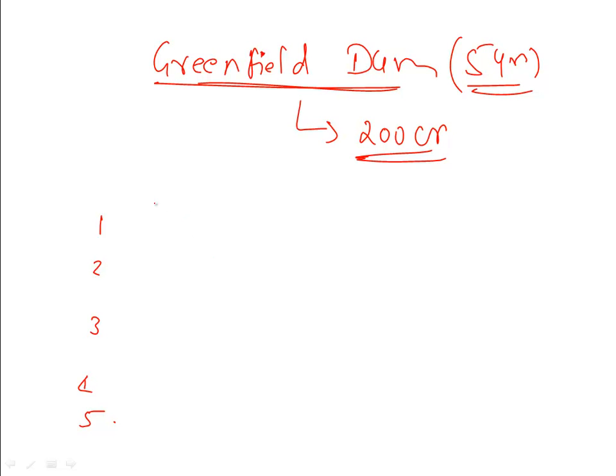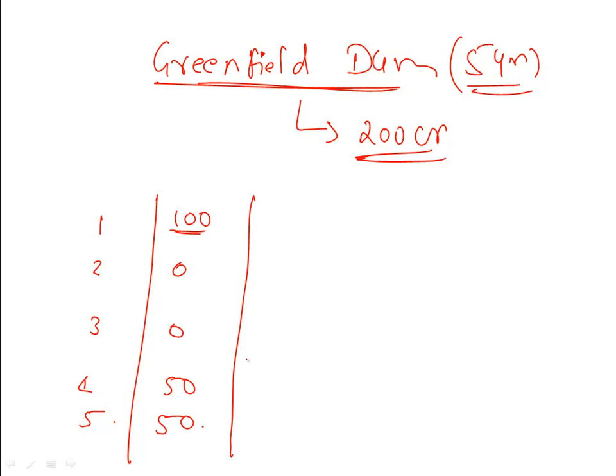In year 1, government gave them 100, the initial funding. Then it did not pay anything in year 2 and 3. Then it paid them 50, and then it paid them 50 again. So now think from L&T's perspective, it's so practical, that how do I decide my sale is how much in